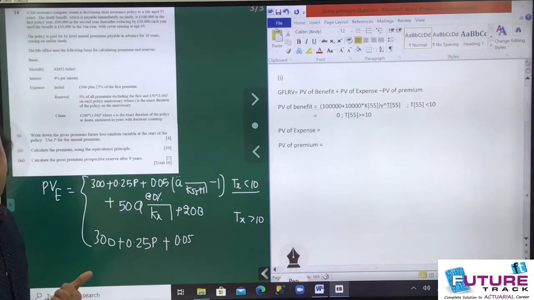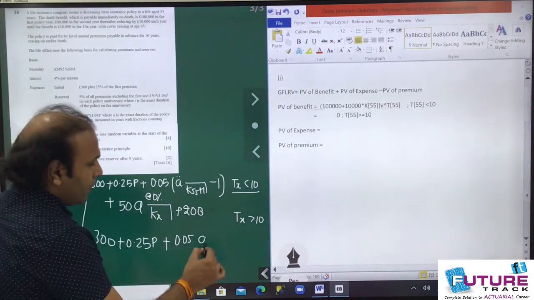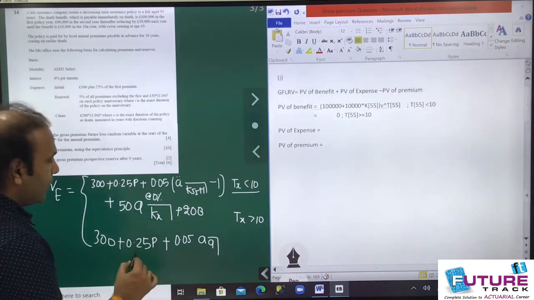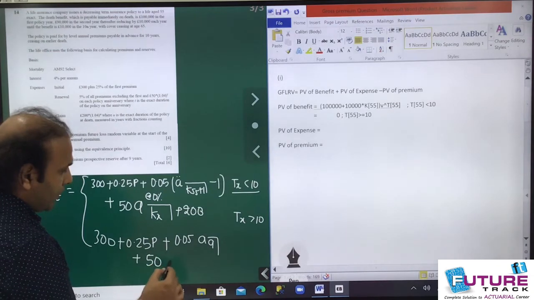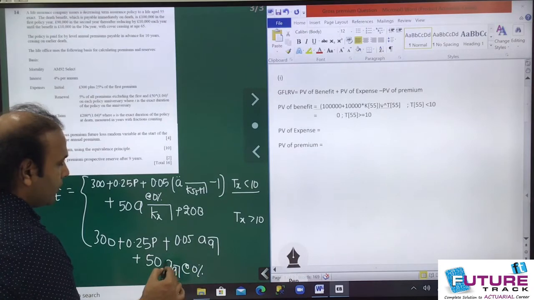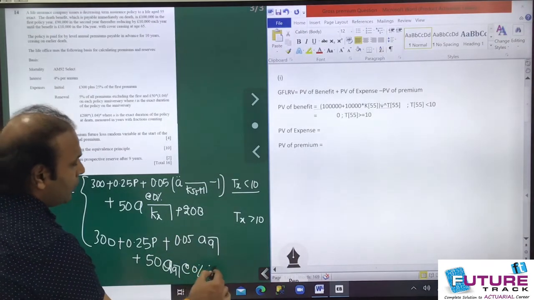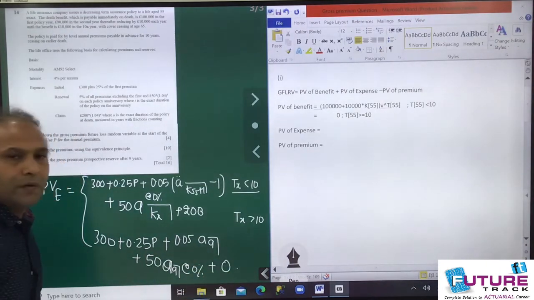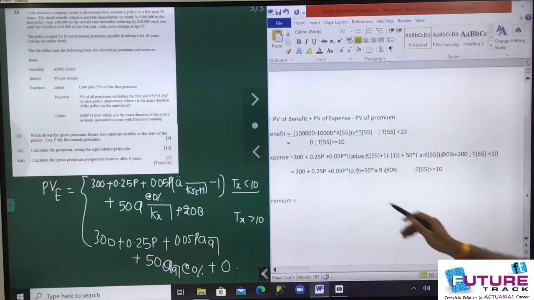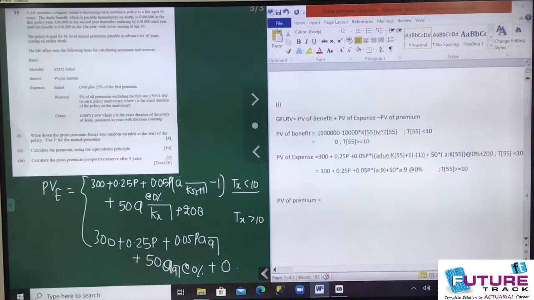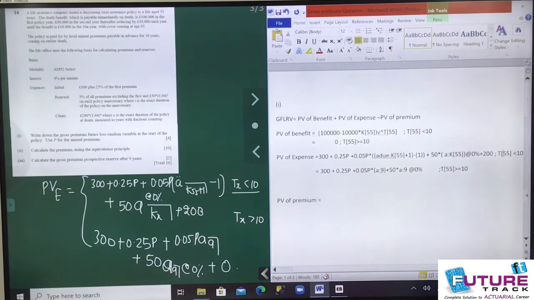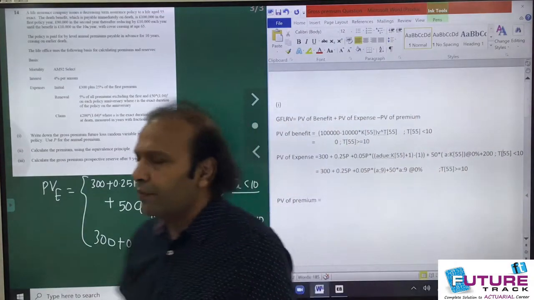First year renewal will be not there at time 0. So I can write ä_9 also, plus 50 a_9, but at the rate 0%, plus the 200 part will be 0. Fine, let's see how we write in. So in this way we can write the present value of expense for T_55 less than 10 and greater than 10. Fine class. Now if we talk about present value of premium,